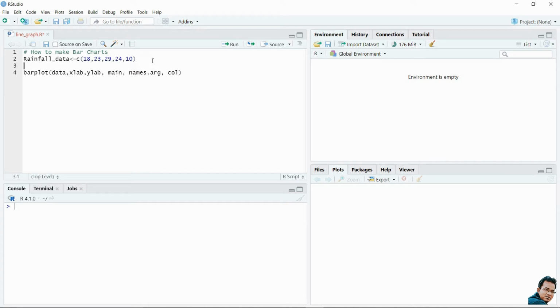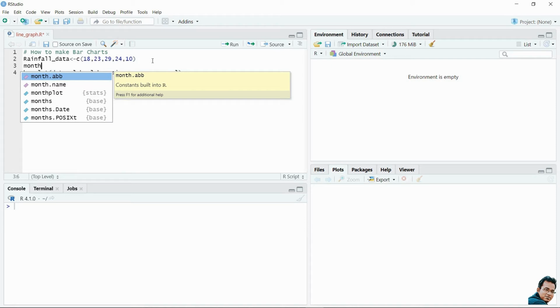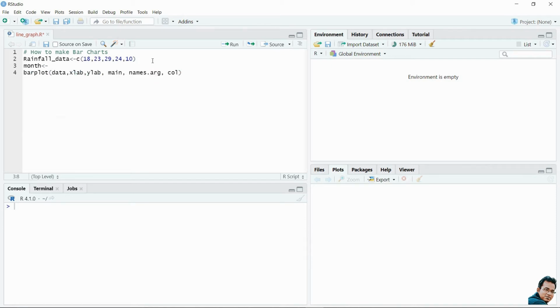Next I need to mention the names of the months. So month data is equal to, the first monsoon month is June, then July, then August, then September.